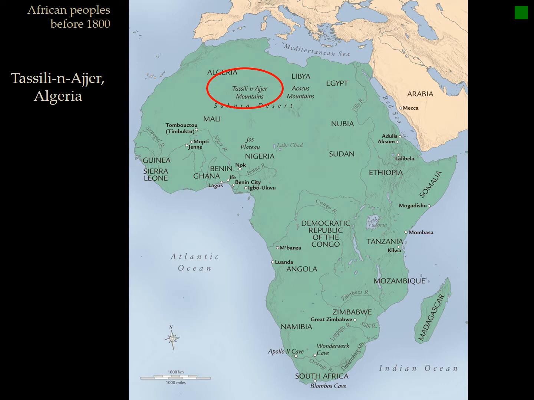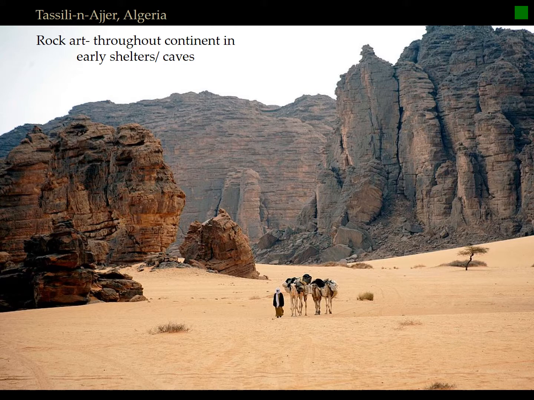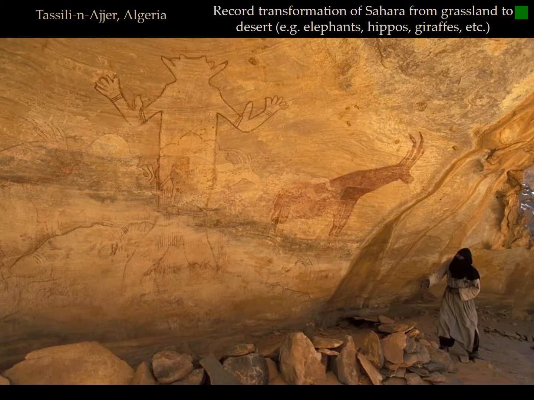Like their relatives in the north, the peoples in North Africa would also find shelter in caves and overhanging rock formations, and this is where some of the earliest murals or artworks are going to be found. At Tassili n'Ajjer in Algeria, we find in the mountains a great example of this, now in the Saharan desert. In fact, rock art is going to be found throughout the continent in the earliest settlements, shelters, and caves, where Homo sapiens sapiens found residence and safety.